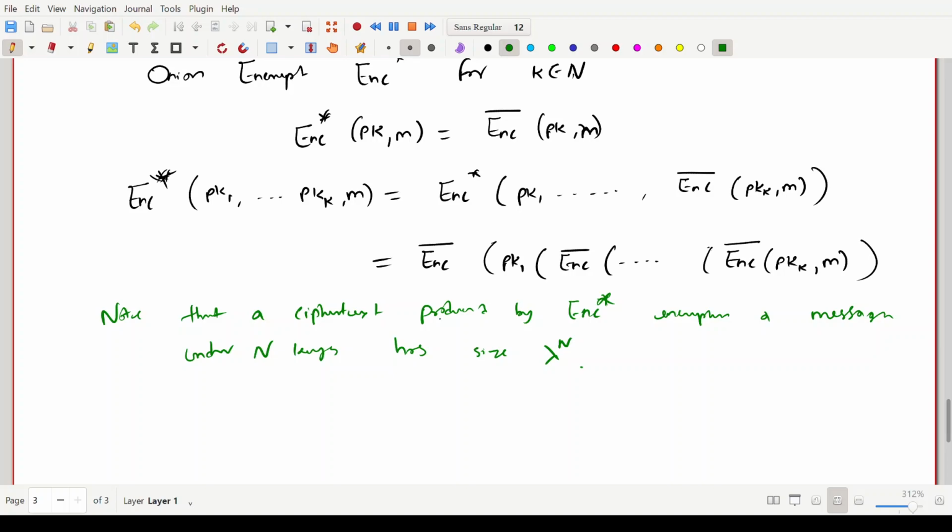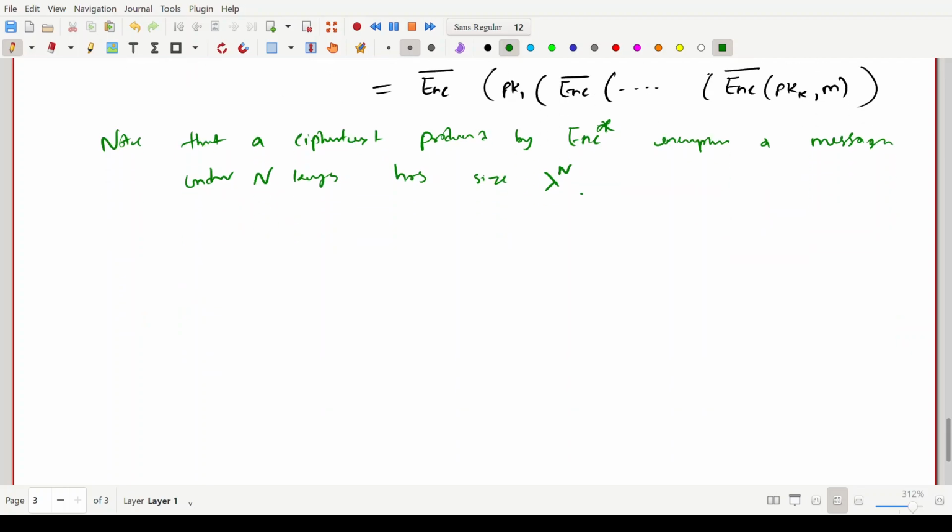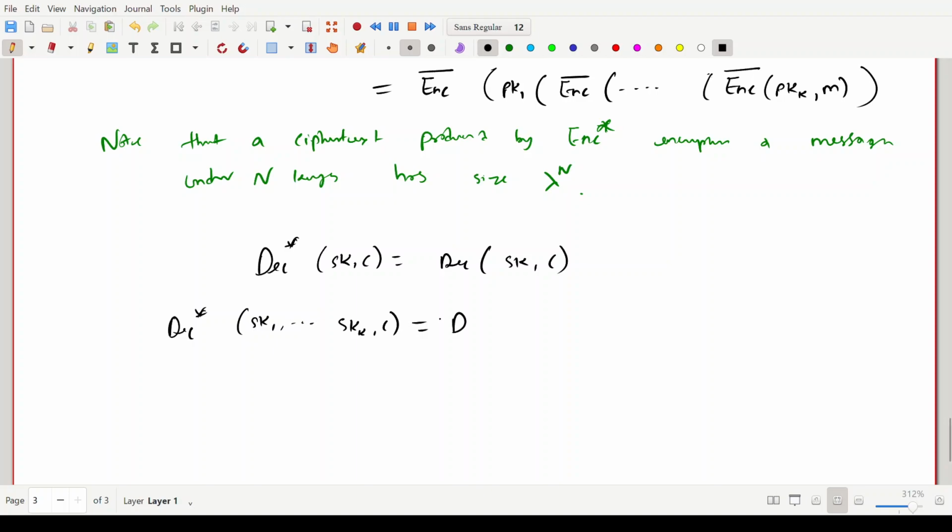Okay, in a similar case you can write the decryption. If you see the decryption star is defined as decryption of, if you are having only one secret key, if you are having many, decryption star of sk1 to sk k and c, then what is the ciphertext going to be, this is actually decryption star of first, it